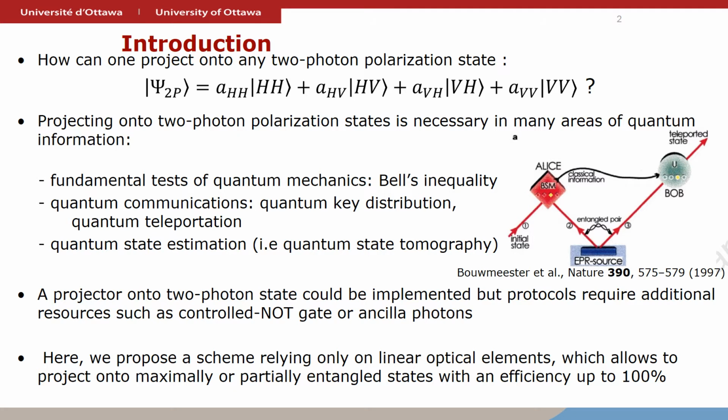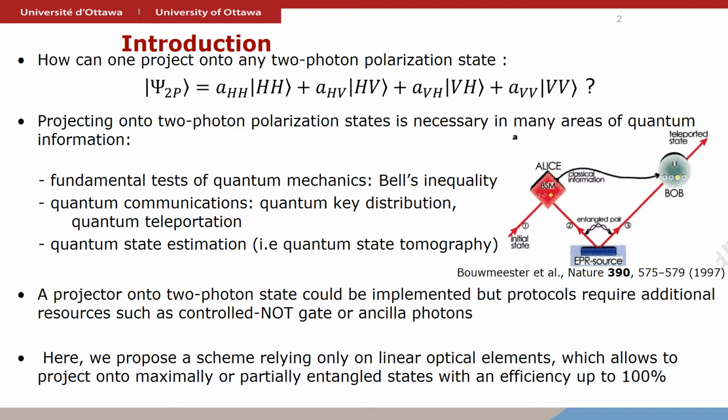The question that we would like to address during this talk is how one can project onto the state psi2p, which is a general two-photon projection state, and be able to tune the value of all the four coefficients AHH, AHV, AVH, and AVV. But before answering this question, let's remind ourselves why we would need to project